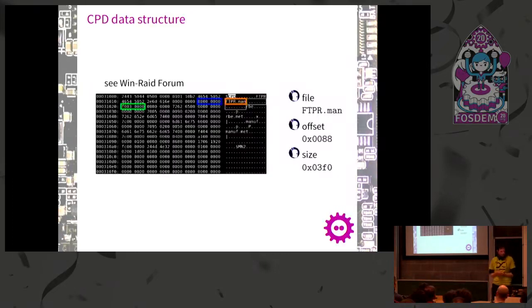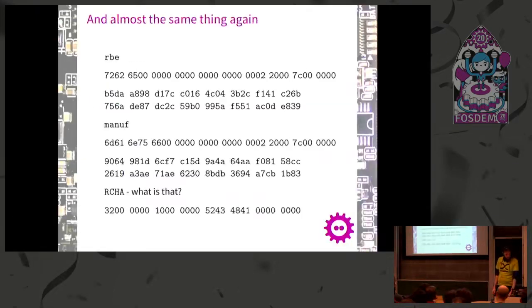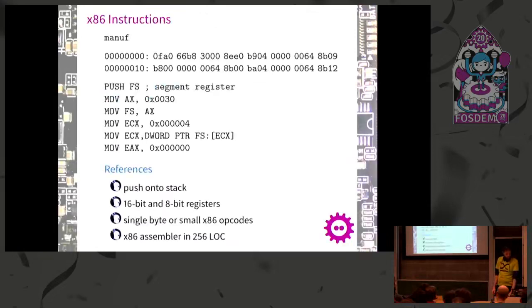Unfortunately, I'm almost out of time once again, so I will just skip through some of this stuff. And of course, come talk to me because I'm really interested in exchanging more about this. If you can read x86 instructions, of course, you can just look at the raw bytes, because this is not decompiling or disassembly. It's really just reading, right?